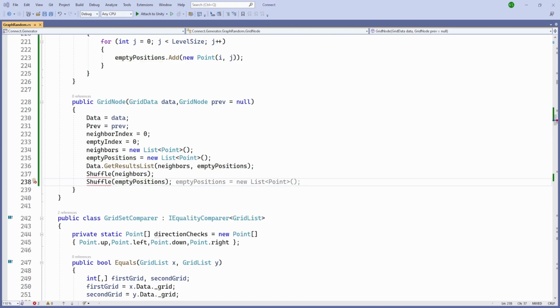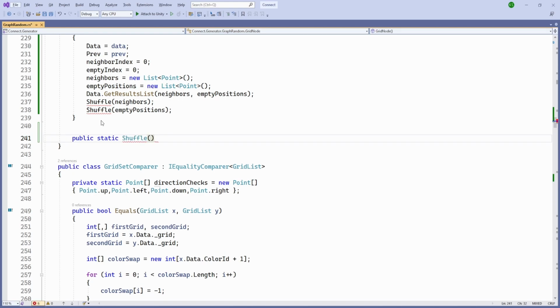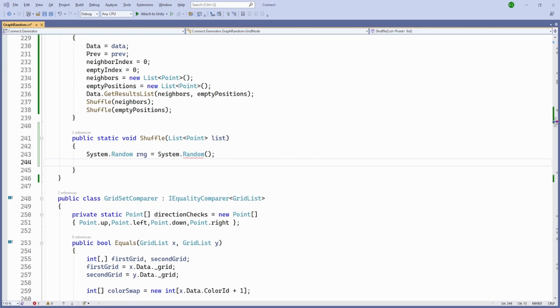So let's create our shuffle function. So public static void shuffle of T, and what we are going to do is we are going to pass a list of point, and we will just call it list, and system dot random number generator is going to be system dot random,